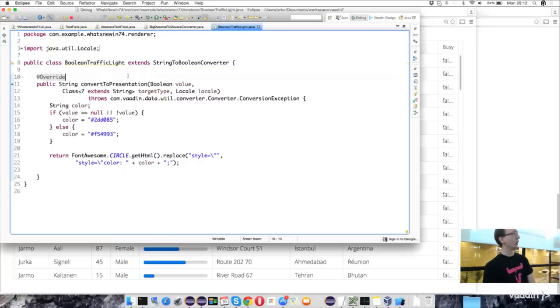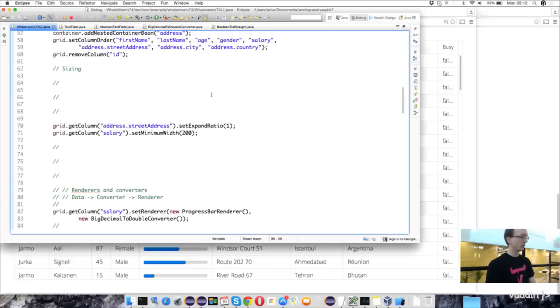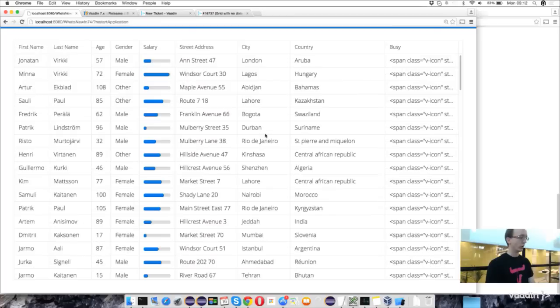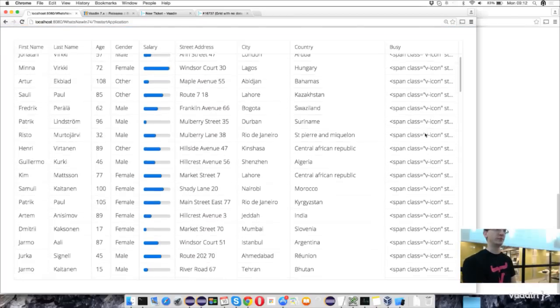Instead of converting to true and false, we convert to a font awesome icon, which we then hack so we can get a different color of the icon based on whether the value is true or false. So this would be, well, converter, it outputs HTML instead of the true false. So we go back to our grid, and then we have a nice indicator here for busy,